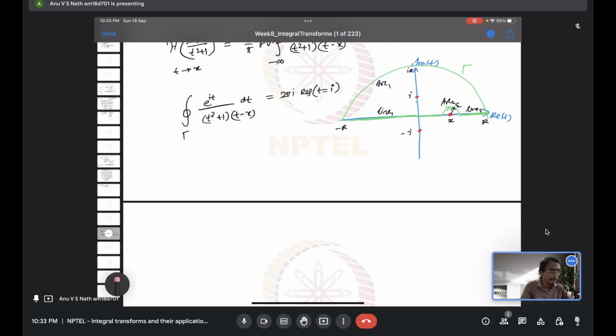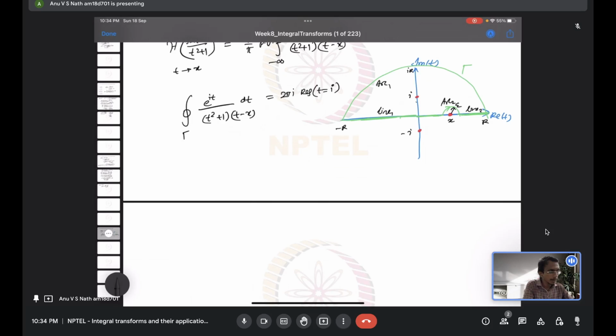But if we include x inside by drawing the contour like this, instead of closing the upper way, then x will be counted inside. So you have on the right hand side 2 pi i times the residue at i plus the residue at x. On the left hand side you will have the integration, which is performed